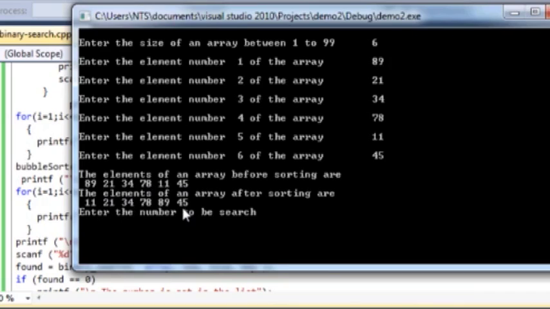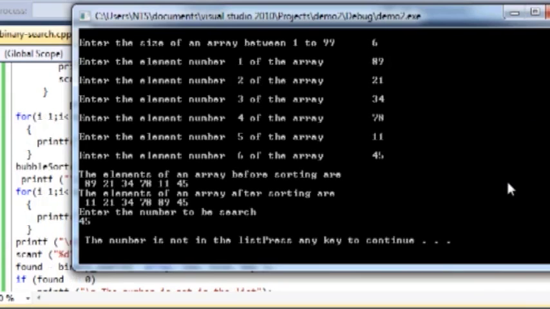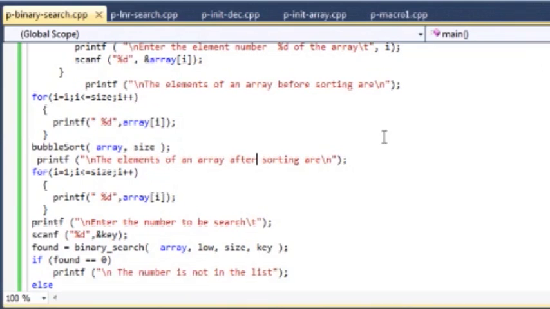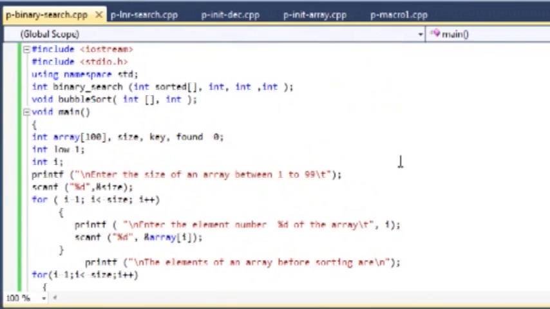This was the error that I just wanted to demonstrate to you, because you are not starting from 0. So we need to adjust this error and enter a number that you want to search. Suppose I want to search 45. The list is not present. So you have skipped one data, the last data, because you have started not from 0, but from 1. So let's go back with our logic once again here, and here I'll say 0,